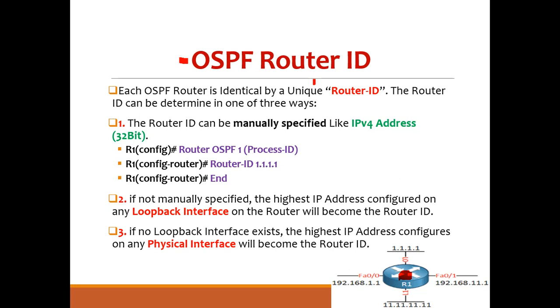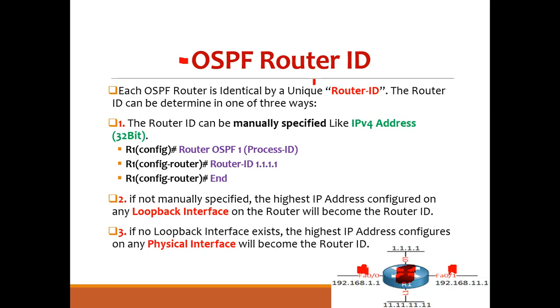If this router is connected in the network, and it is a remote router, how will I know about this router? Because it has 4 IP addresses. Maybe you say you will identify it with this IP address, but if this link goes down, then how will you identify it? Every minute the link is going up and down, so the information of the router will change. That's why they said, okay, no problem, let's make the router with a unique router ID.